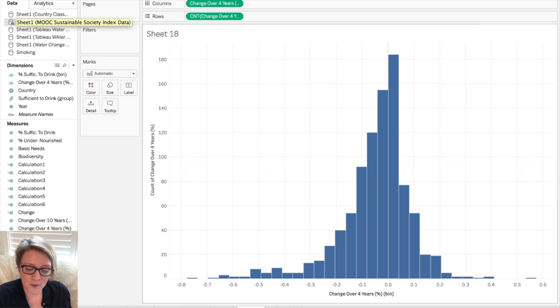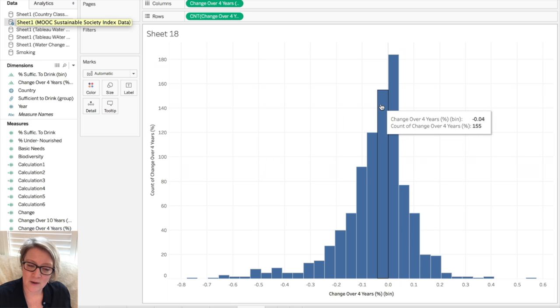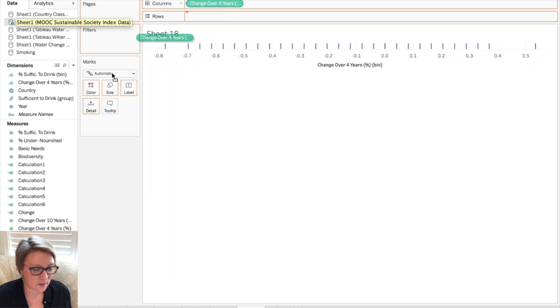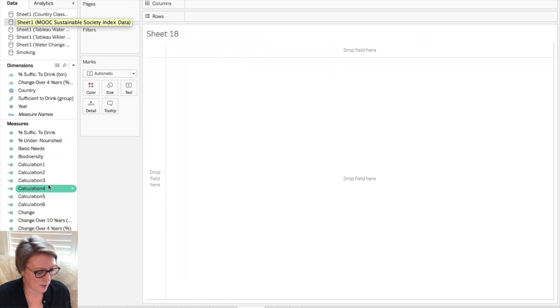If we look at a histogram of this variable that shows us the distribution, so again, this variable is the actual value of the change put into bins, and this axis is the count. This is much closer to what's called a normal, where there's a few values on this side and a few values on this side, and then a lot of values in the middle. So that's called normal. Again, ours is pushed over to the right, but there are other variables that are pushed